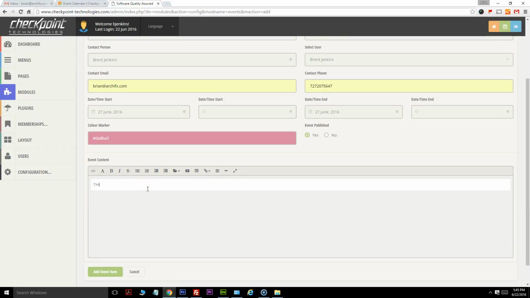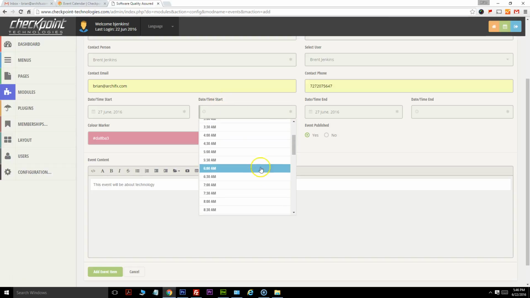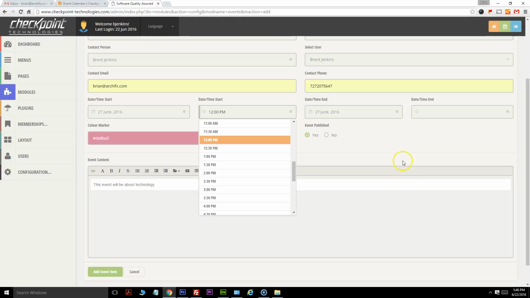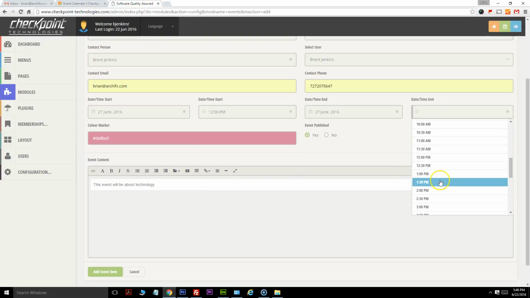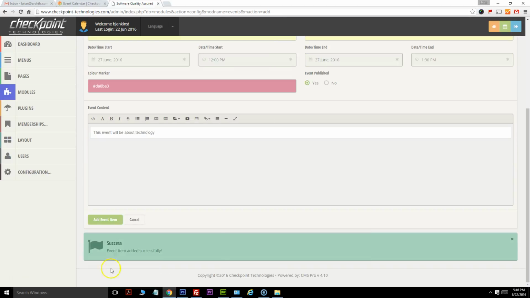So this event will be about technology. Now let's do our starting at, let's say, noon, ending at 1:30. Yes, we want this event to be published, and then we hit Add Event Item, and it gives us